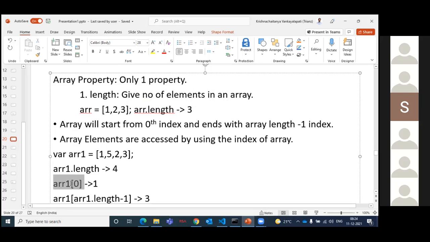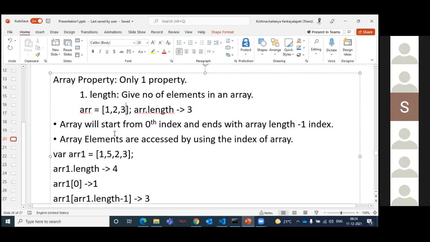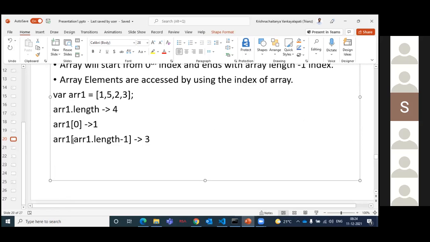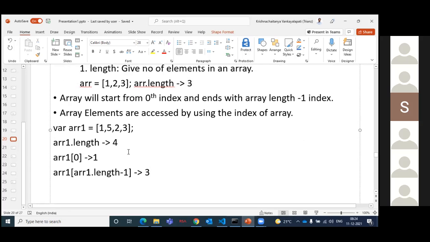Correct. Array of 0, output will be 1. If I want to access the last element in the array, array of array dot length minus 1. Correct. Array square bracket array dot length minus 1 is nothing but the last element of the array. So this is the way you can access the array.